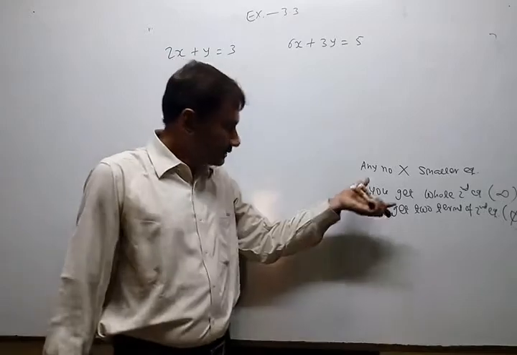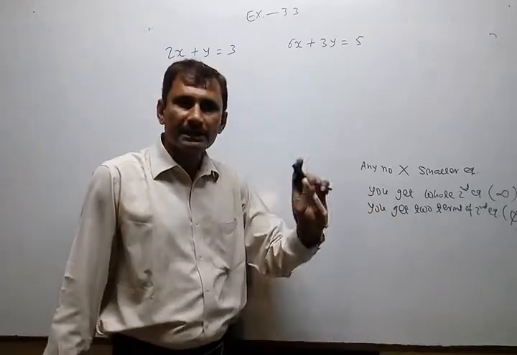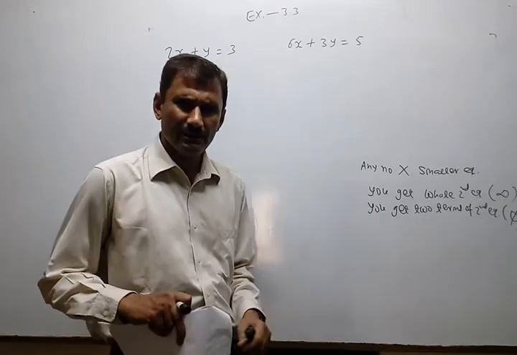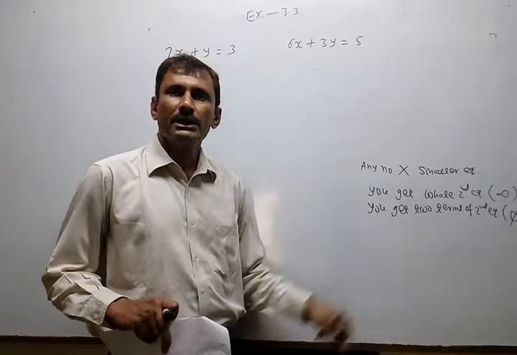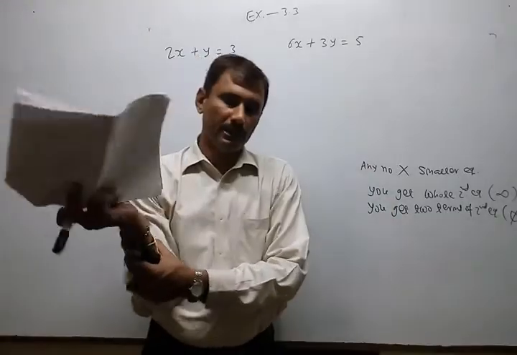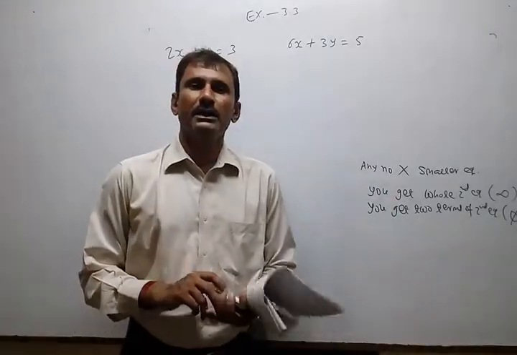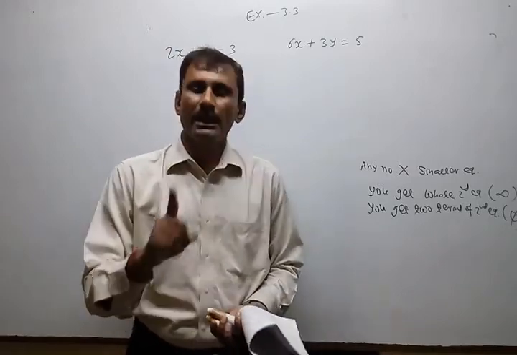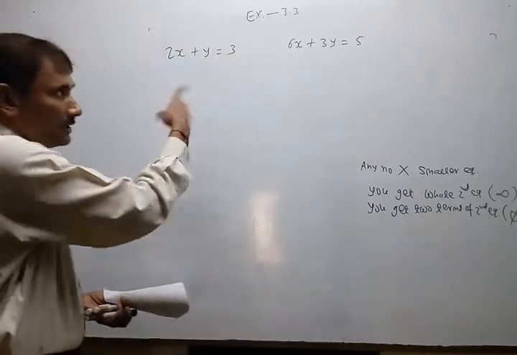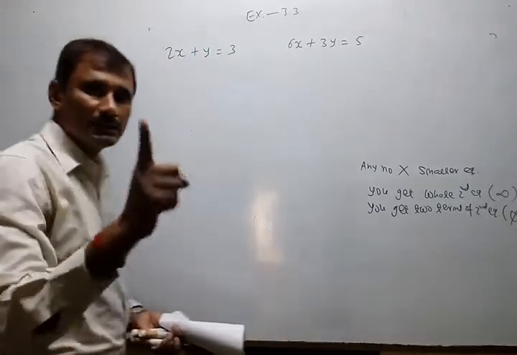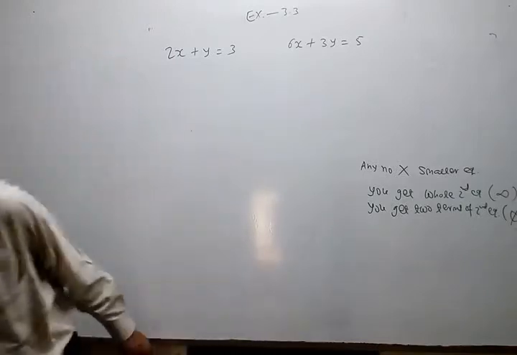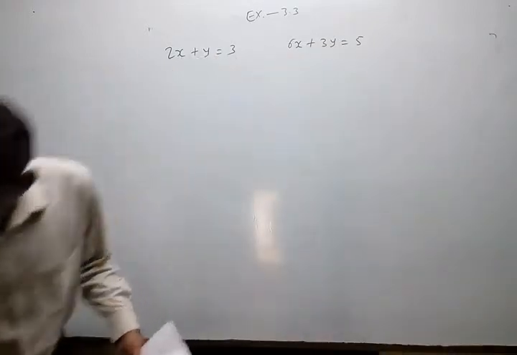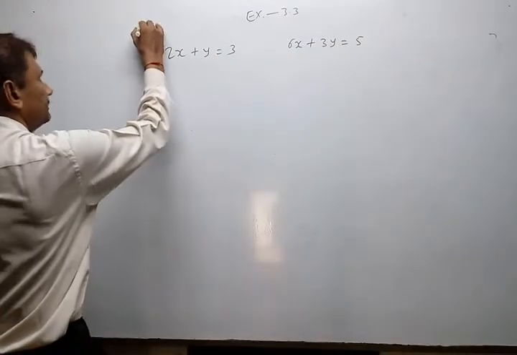This is just for your understanding; the textbook does not give it that way and explains these things in a quite complicated manner. Understand it this way: if you multiply the smaller equation by an appropriate number and the whole second equation is obtained, there are infinitely many solutions; if only the first two terms are obtained and the third term does not match, then the solution is null. So our final answer will be null set or no solution; you can write either. Now try to solve this extra sum.